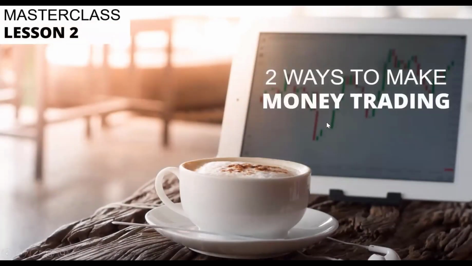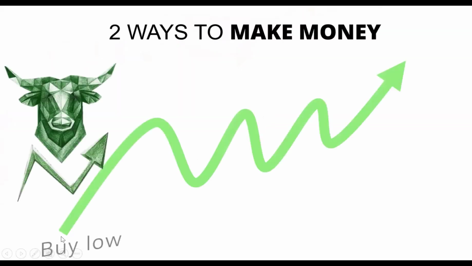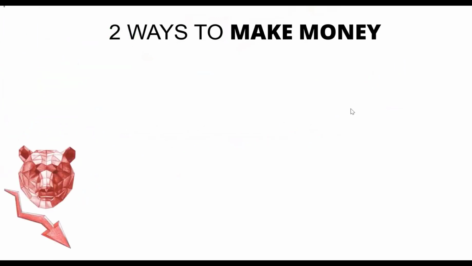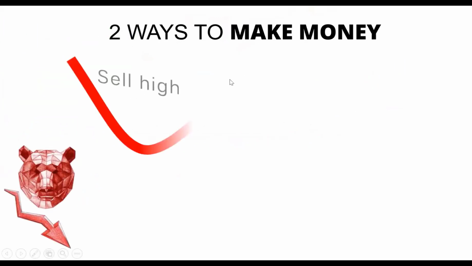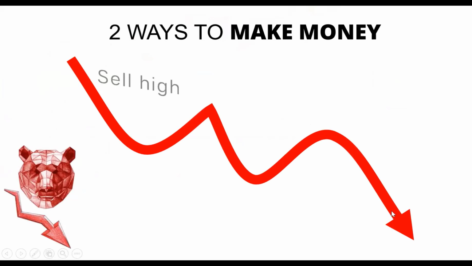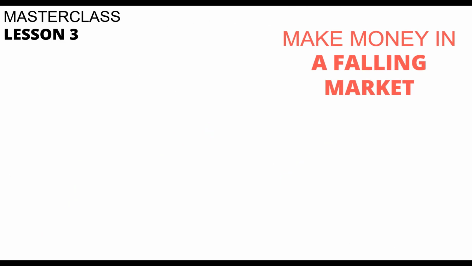Masterclass Lesson 2. There are 2 ways to make money trading. So the first way is to buy low and to sell high. So you buy at a low level, you wait for the market to move up, where you'll bank at a higher level for hopefully a profit. Or you will sell high or go short, where you anticipate that the market price will drop, where you will buy it back at a low price for a profit. I'm building this up to information that I've never revealed, with all the trading strategies that you've been wanting to know so badly, with in-depth explanations on how the strategies work.